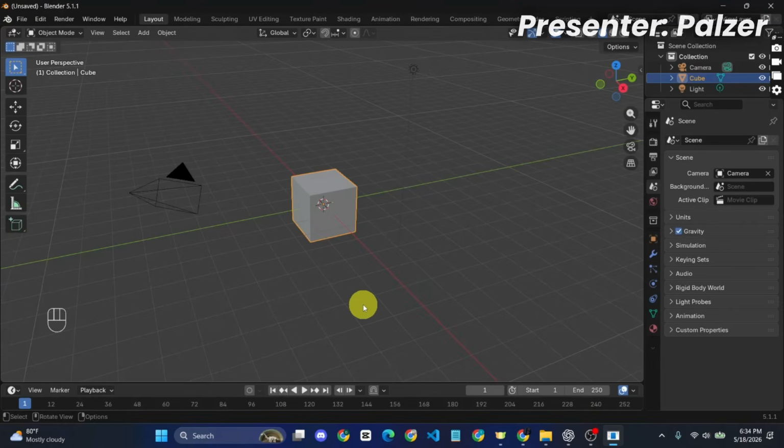In this video, we will guide you through how to convert a 2D image into a 3D model in Blender